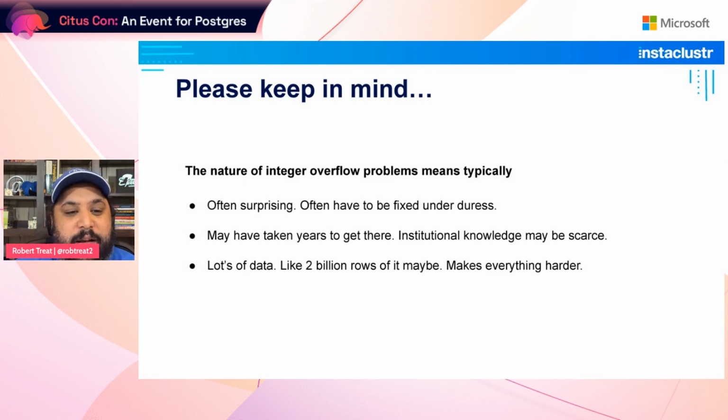So the other problem that you can see is you can pick a data type that you think is going to work, and it might take you a few years before you even hit this issue. If you were doing 100 million inserts a month, let's say, it would still take you over a year, going on close to 2 years, before you would actually hit this problem. And the people who pick those data types may be long gone from your organization. So institutional knowledge about this could be rare and hard to find.